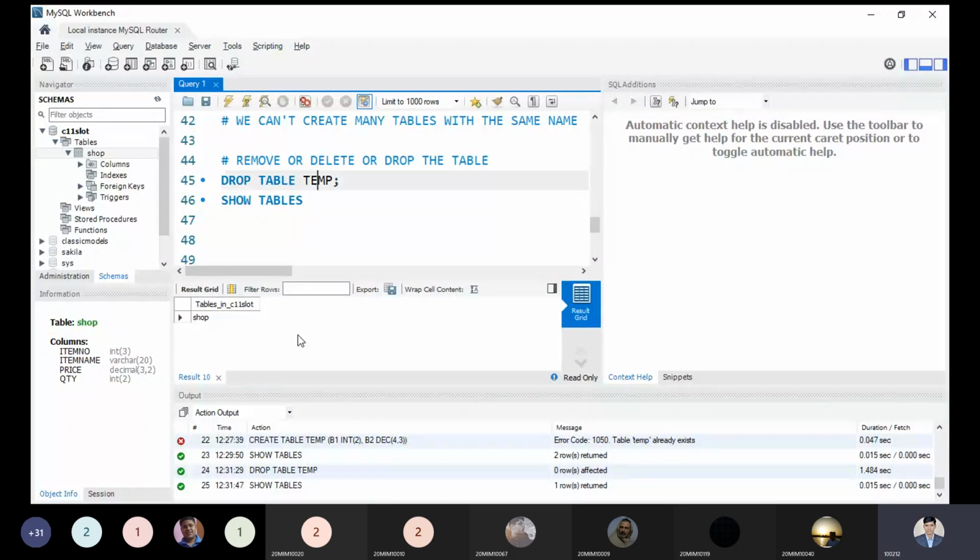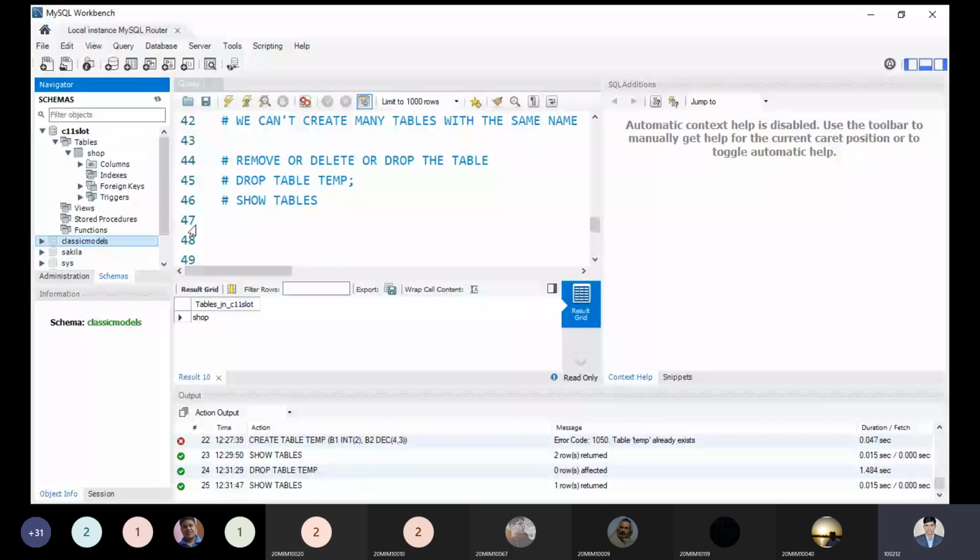Now, is it clear to all right now? Everything is clear to all. For any doubt you have, you can ask me. Sir, we have created 3-4 tables, but it is not showing under schema. Why? Because the schema is required to refresh again. You need to refresh; yes, you can use the refresh. Yes, tell me.